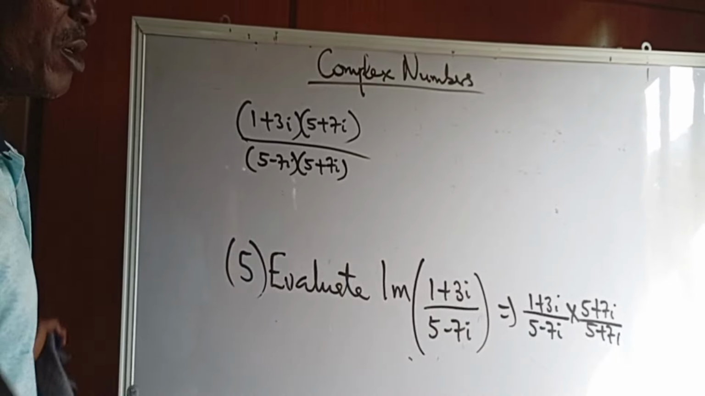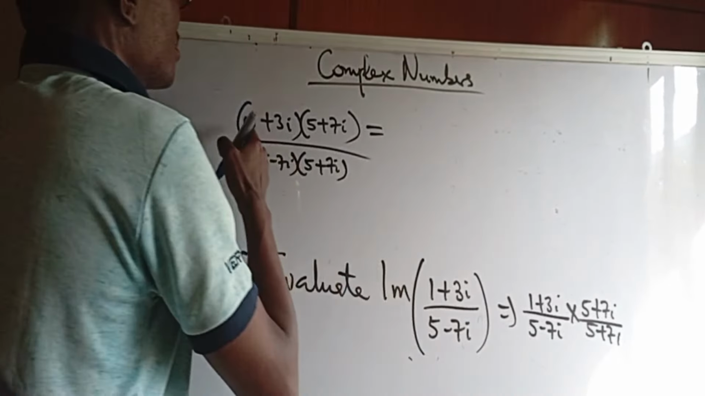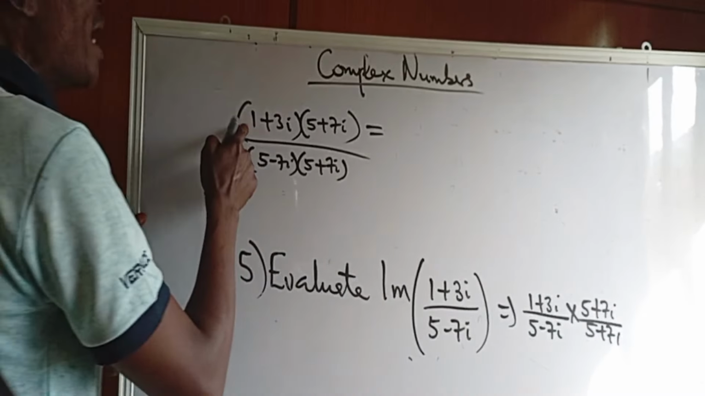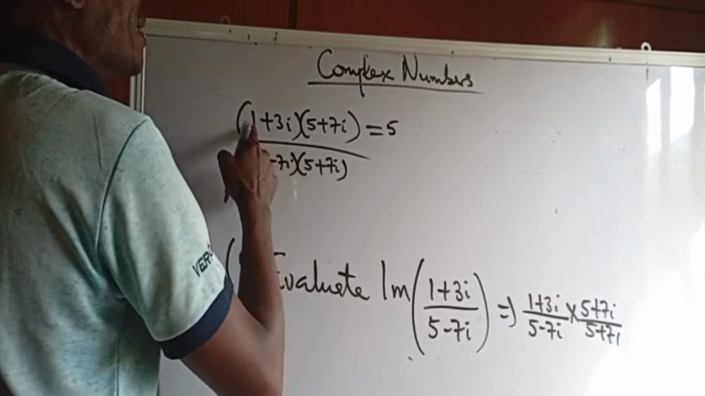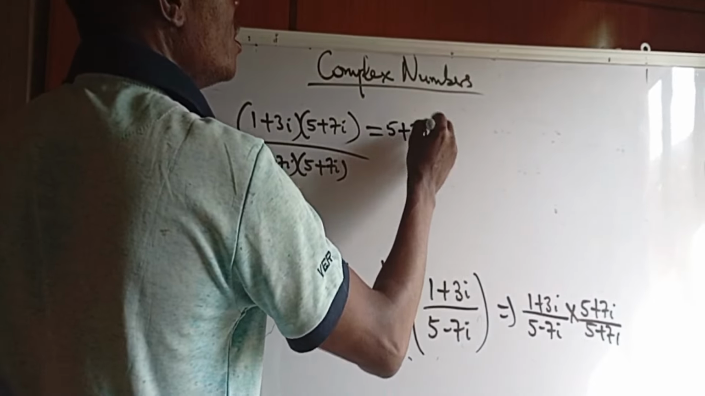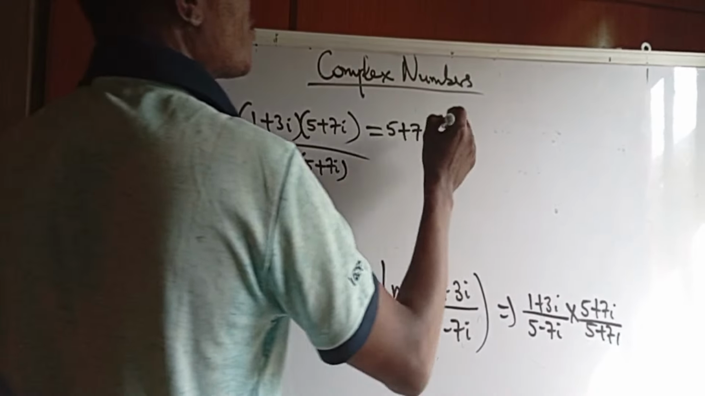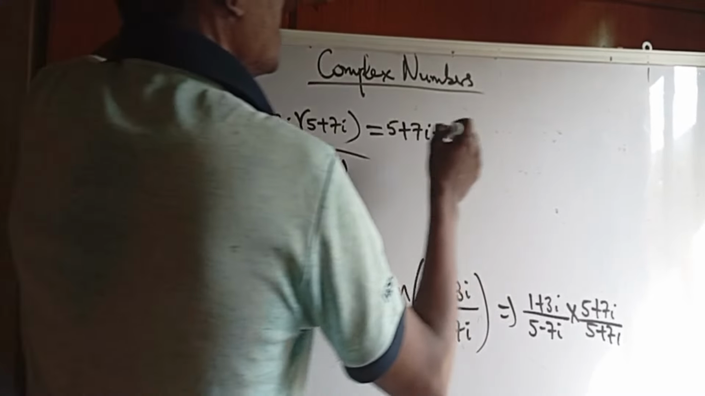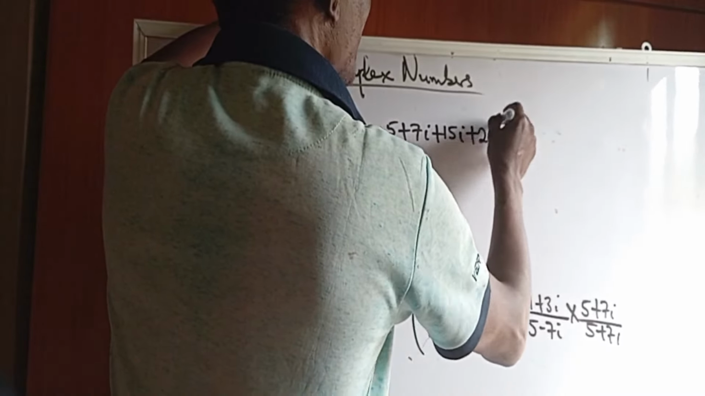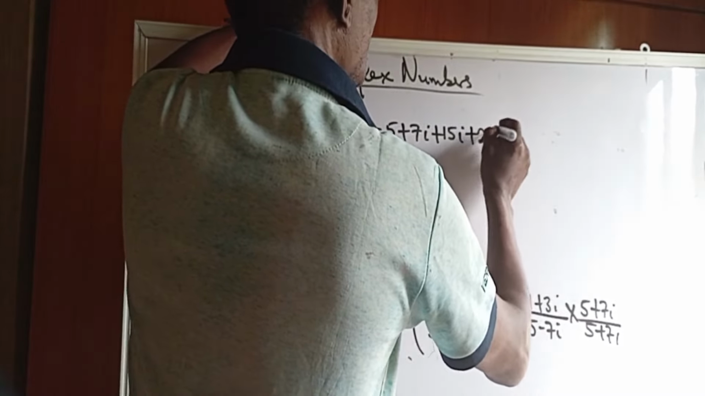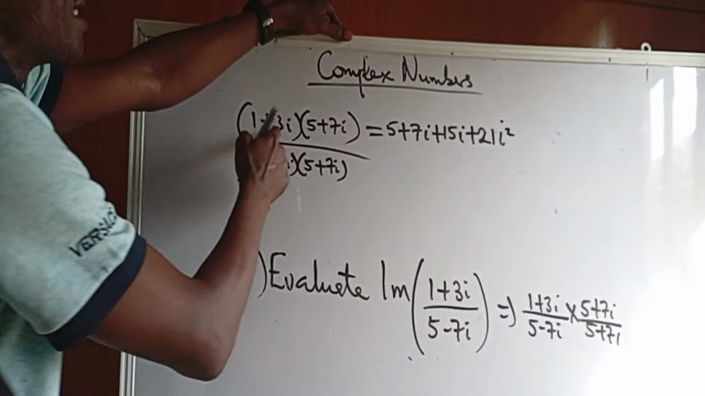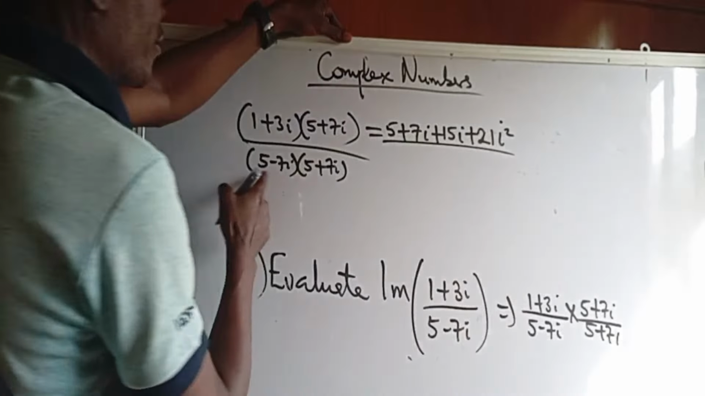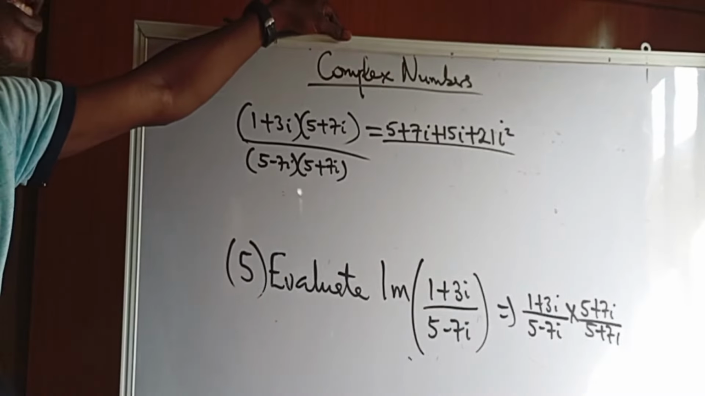But let us learn how to be fast and smart. By now we must know how to expand. 1 times 5 is 5. 1 times plus 7I is plus 7I. Plus 3I times 5 is plus 15I. Now plus 3I times plus 7I is plus 21I squared, because 3 times 7 is 21 and I times I is I squared. Everything all over